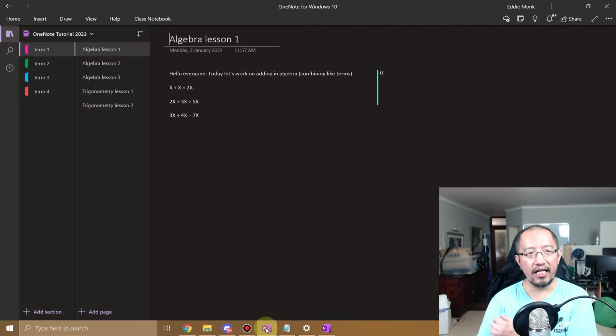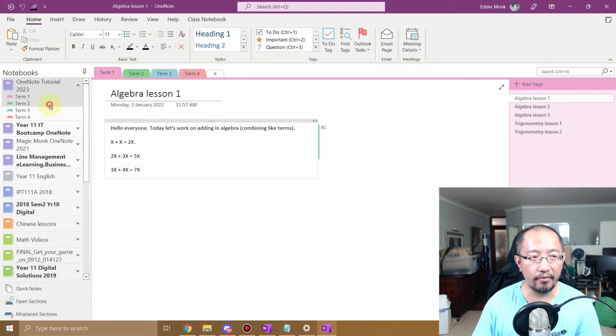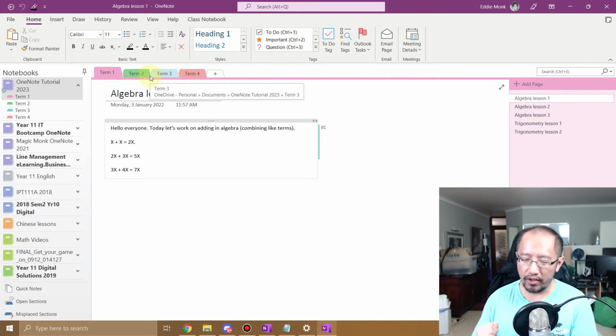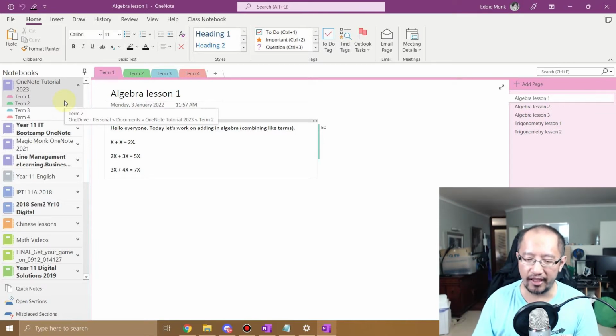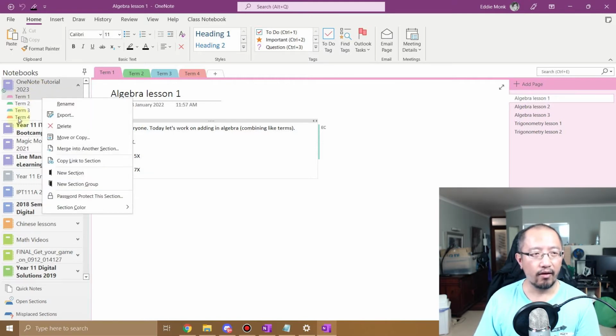All right, so now we have sections, we got pages. We got basically the two things, sections and pages. So I just want to talk about another way of organizing data if you have multiple sections and you want to group them together. Right now it says 2023. Let's say I want all of this to go into a group called 2022 and then have another one for 2023. So what I can do is go back to my OneNote, right click on one of these sections and